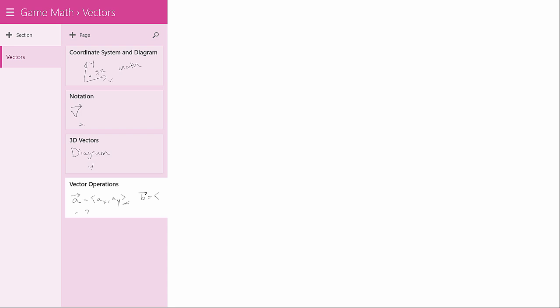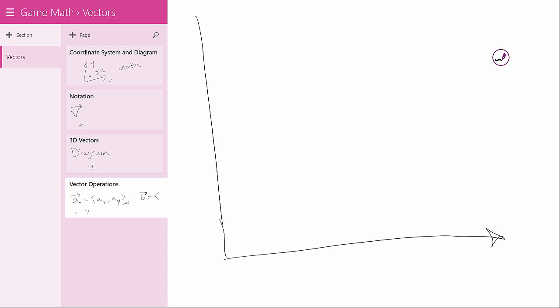Another thing you might come into an issue with is how to visually combine a vector. If you run into an issue in your game and you need to figure out a way to combine vectors, but you don't want to deal with the mathematics side of things, you can visually add vectors together. So let's bring up the Cartesian coordinate system. And that's x, and that's y. So we have some vector here,